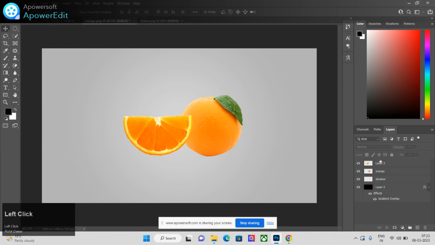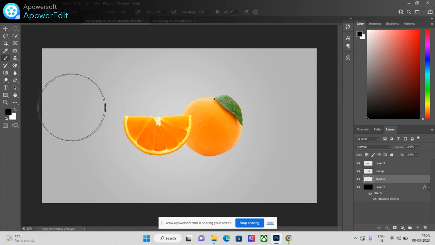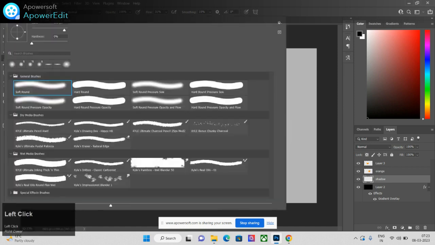Select the shadow layer. Go to the brush tool. You can press B on your keyboard. I choose black color. Now you can change your brush style from here. Okay, I select the soft rounded brush. This is available in the journal brushes. Click on it, and now you can change your angle from this side. I just click on it and press